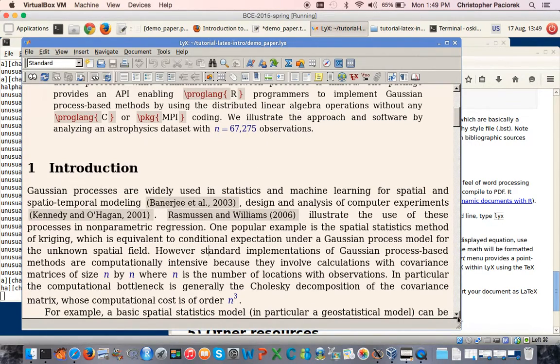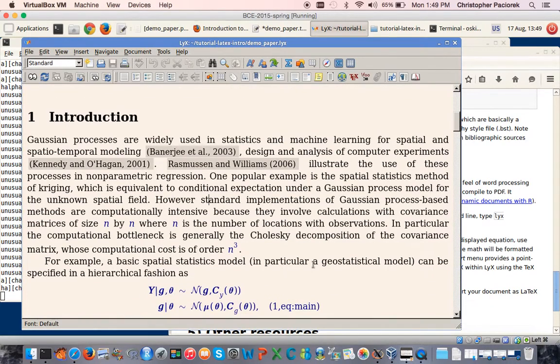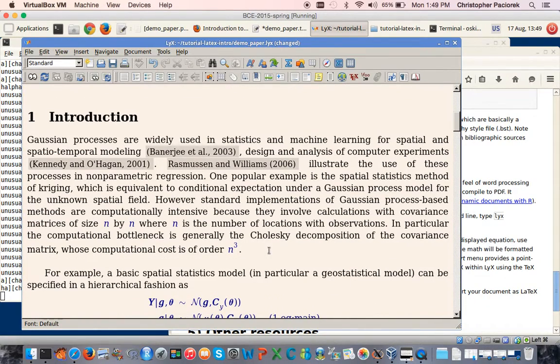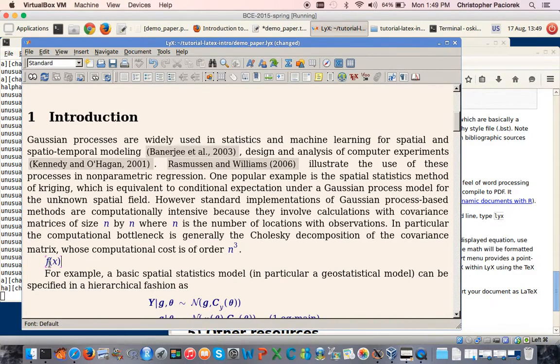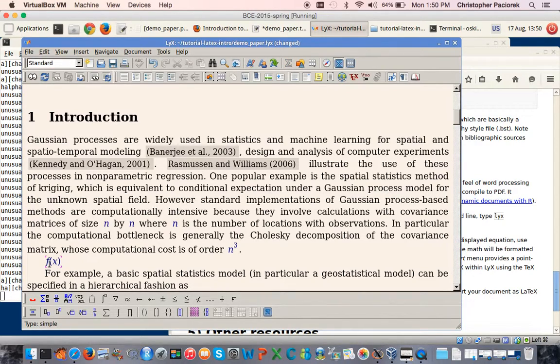If I want to include math syntax, I can basically just type Control-M, and that opens up a little math editing window. And at this point, I can just basically start typing directly in LaTeX math formatting. So I could, for example, say f of x, and then equals, and now, oops, when I hit a space, it actually exited the math, this little math window here. So you can't just type a space there.